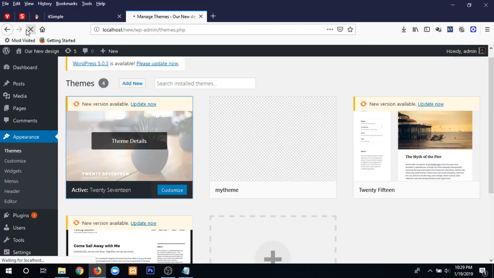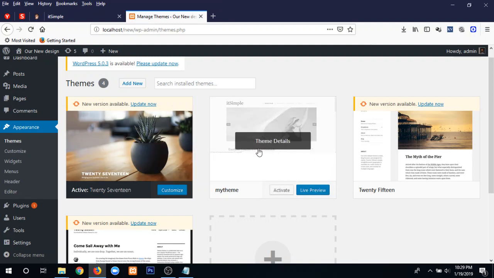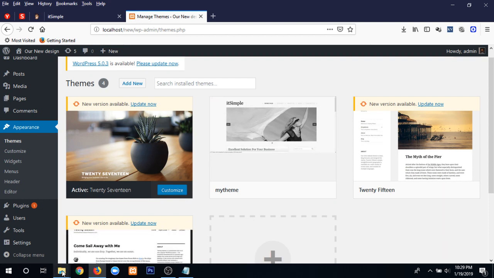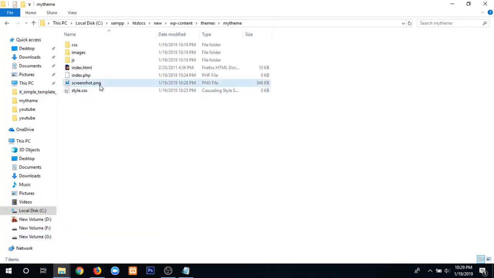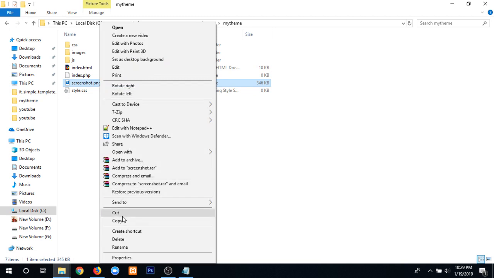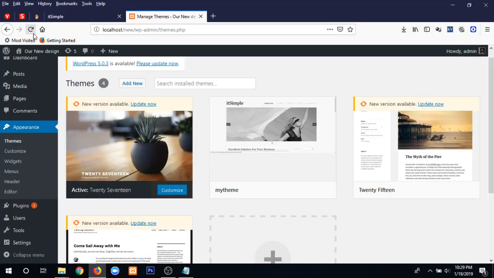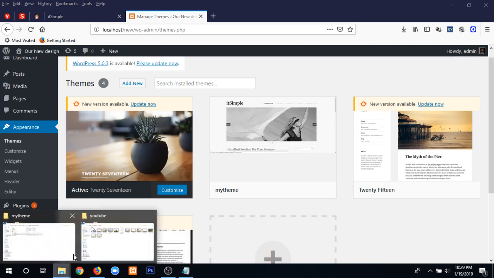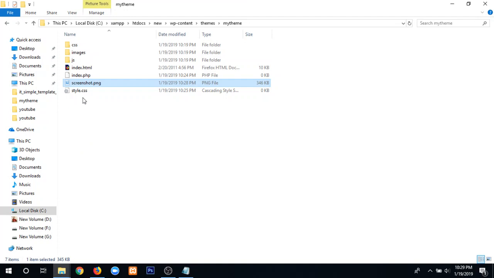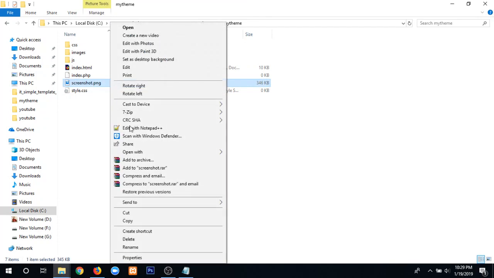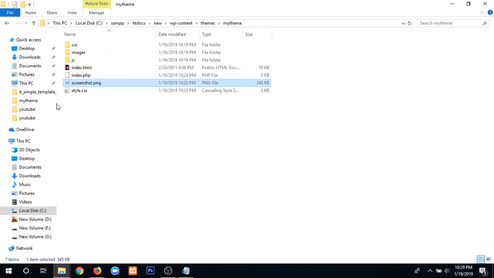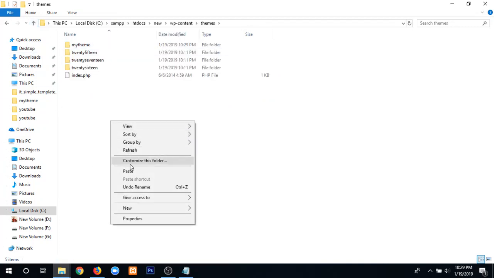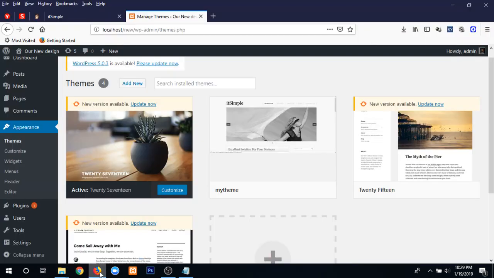Just refresh this page again. Here you can see this image is here. It is very easy, very easy. If I cut this from here, let's see if it is showing or not. It is still showing here, but if I cut it from here and paste it, only for seeing,